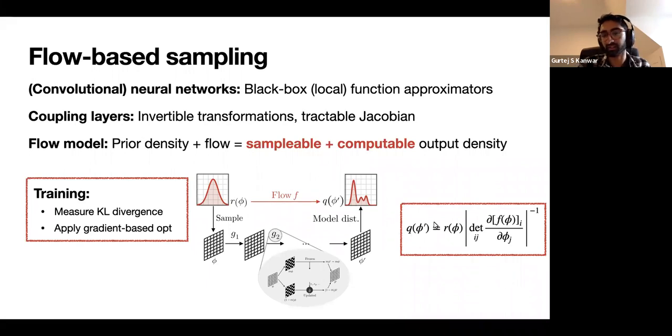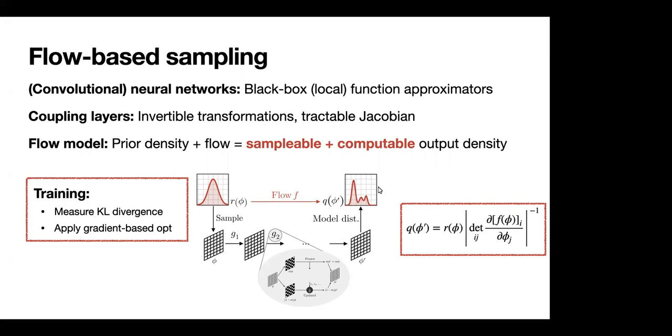Given this probability density and the ability to sample efficiently from such a model, one can measure what is known as the Kullback-Leibler or KL divergence. It is essentially just a way to, as mentioned previously, assign some scalar quantity to how close this distribution is to the target distribution. And that's something that one can take gradients of and can optimize all of these parameters baked into the model such that the output distribution is made to match as closely as possible to the target